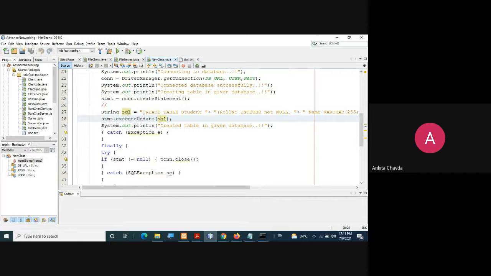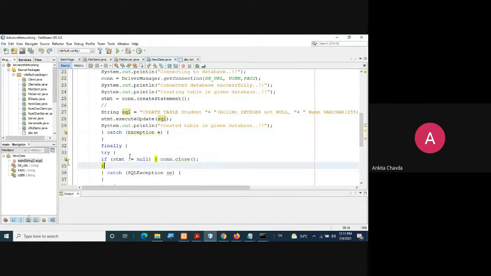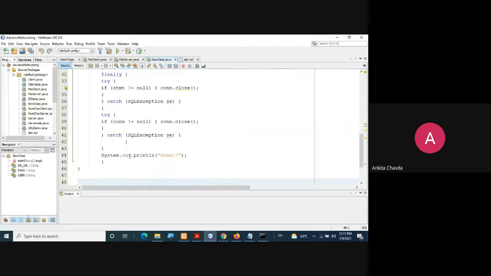If it is successfully done, finally it will print "created table in the given database". Fine, and here is the catch statement, and inside the finally, I'm just closing the connection. That's it. We are not doing anything else in this. And finally I'll write "done". If this is printed, it means my connection has been successful and it has created one table named student with 3 columns. Fine, so I'm running this.